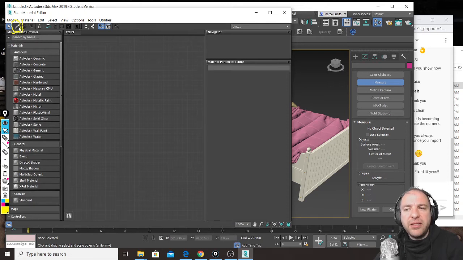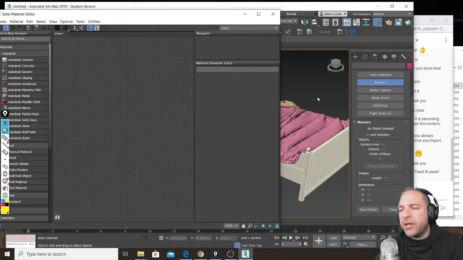This tiny tool up here is called Pick Material from Object. So if you move your mouse in here, you click here, then you click on your object,